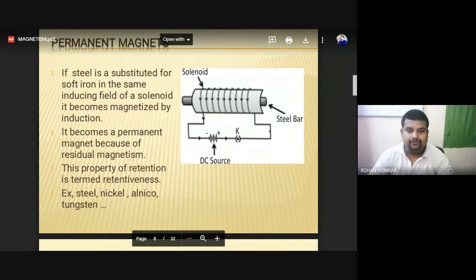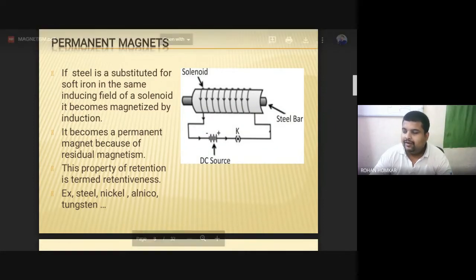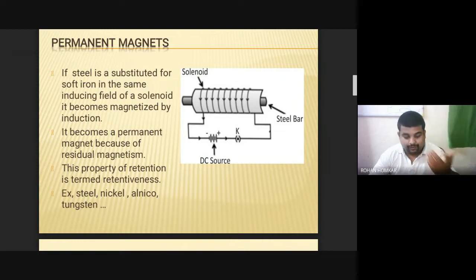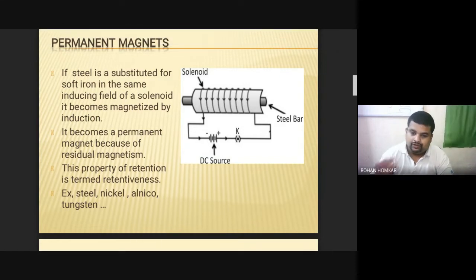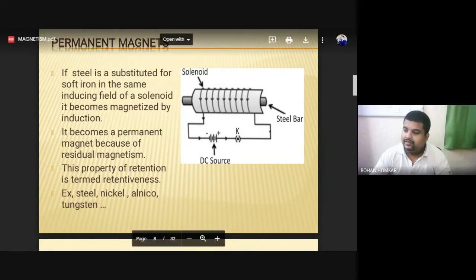So, for example, if you are coming in contact with this particular steel bar and you are having another magnetic field which is associated with that steel bar, then it will be providing you the retention for more time. For example, it will be having some amount of magnetic field retained. Now, what do you mean by retained? ये उसके पास रह जाता है, ओके, और वो रहने के बाद वो ज़्यादा समय तक उसके पास रहता है, एंड इसके मैग्नेटिक प्रॉपर्टीज जो है वो हमें फॉर लॉन्गर ड्यूरेशन वी आर एबल टू ऑब्जर्व.